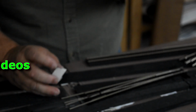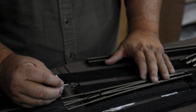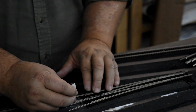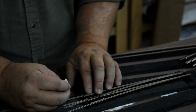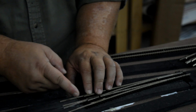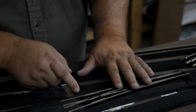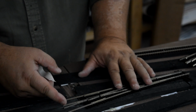Now, since this is a diverging angle here, you want to be sure that you make your cuts perpendicular. I think I was saying parallel before, but you want to make them perpendicular to your tracks, but you want to keep them parallel on the same plane this way and this way, because this is set at a little bit of an angle. So if you have them come straight across here, when you put the next piece on,